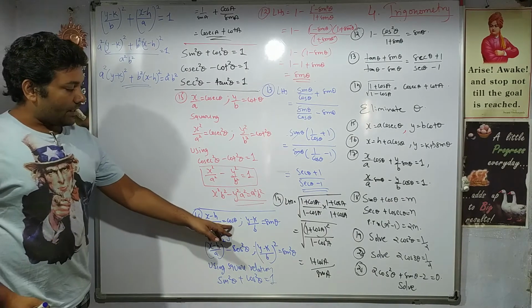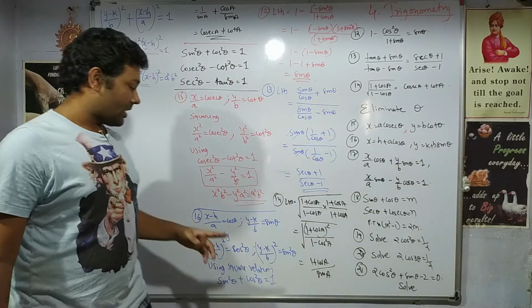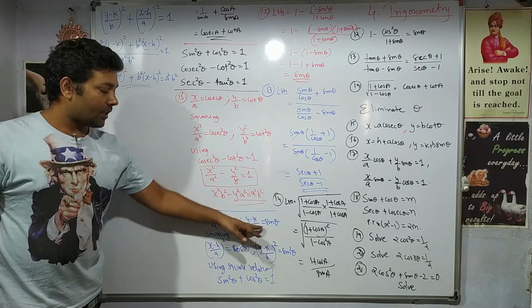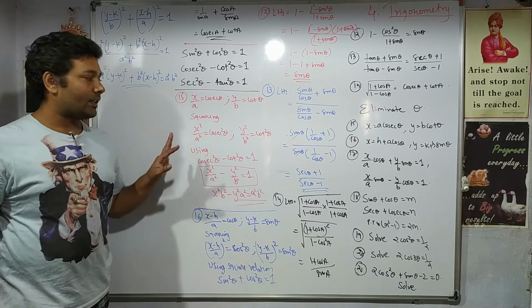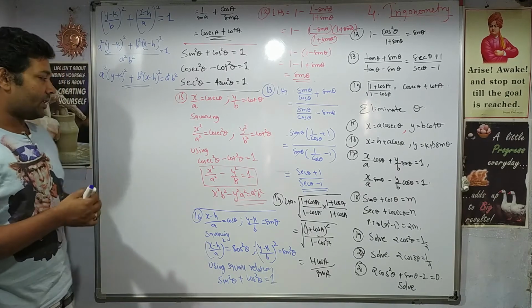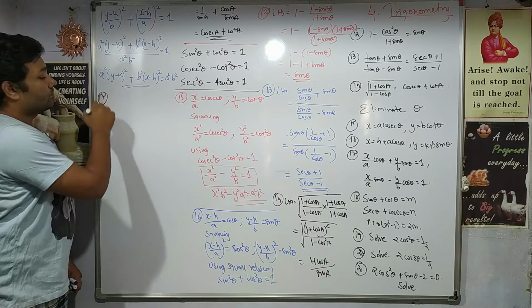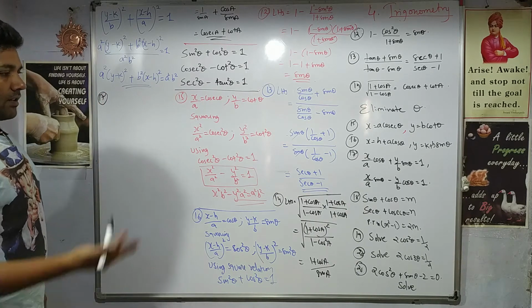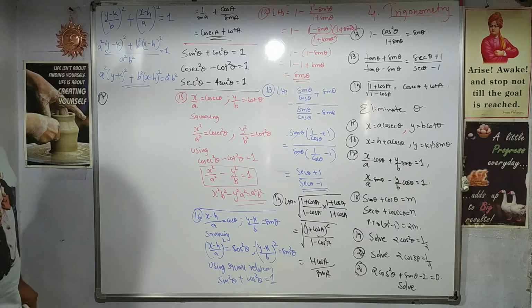Again, we have eliminated theta, and that is what the question is, eliminate theta. We rearranged, squared, applied the square relation. Here also the same thing, common technique. 17th question. Yes, again this one is a little bit typical in the sense you will have to think before you solve.